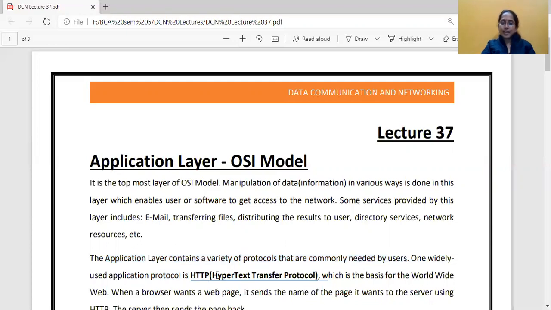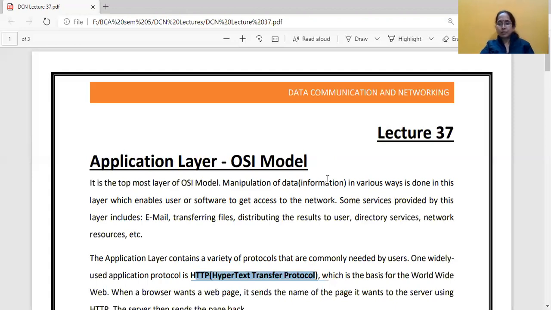One such protocol is HTTP, that is Hypertext Transfer Protocol. Children, HTTP is a protocol which is responsible for providing the hyperlinking facility in your web pages. What is this hyperlinking facility? When I place my mouse cursor at any point in my web page, where the shape of the cursor changes from an arrow shape to a hand shape, that point is known as hypertext. And the purpose of hypertext is navigation. If I click on that hypertext, I am navigated to some other page linked to that text. And that is why that text is known as hypertext or hotspot.